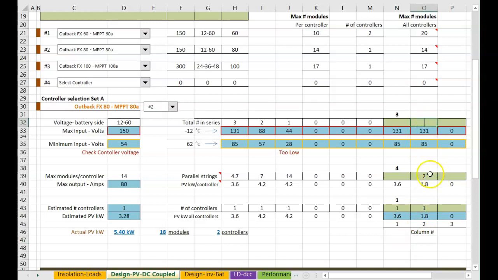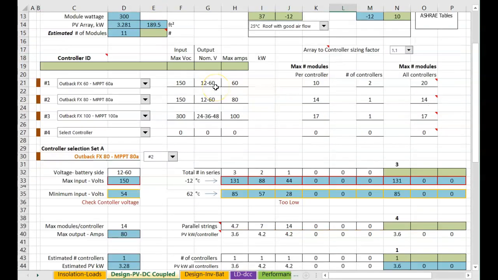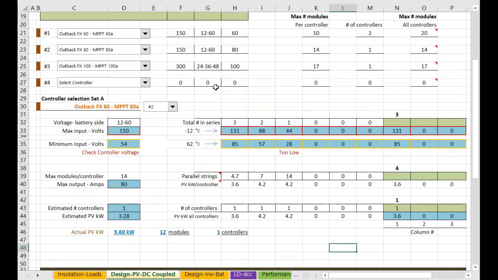So you can do that if you want. We don't need to for this example. We have met our requirement. 3.6 is more than what we need. Is that a problem? Not really. PV modules are not that expensive these days. So that's all you have to do on this page to match up your charge controller to your PV array